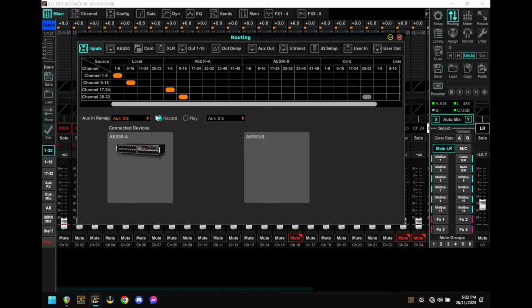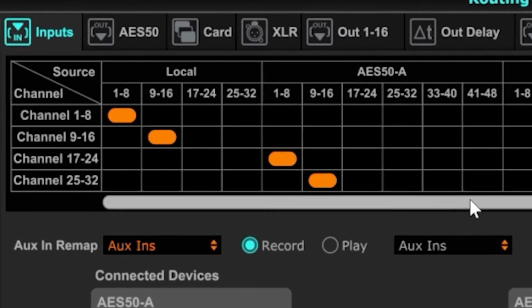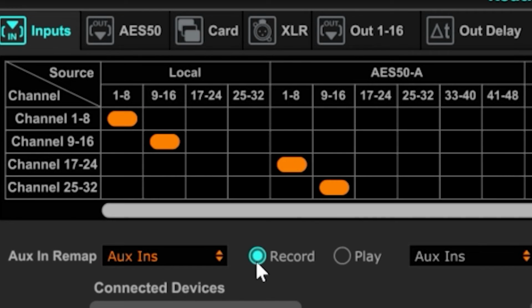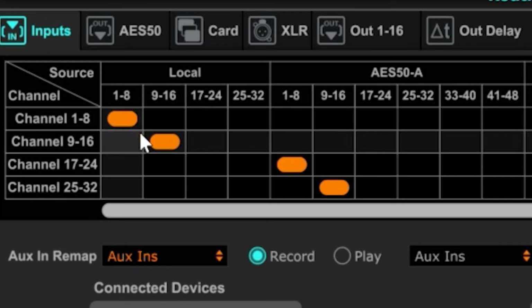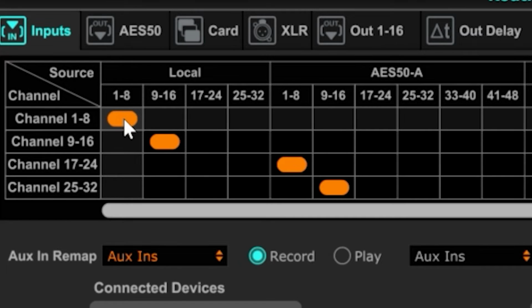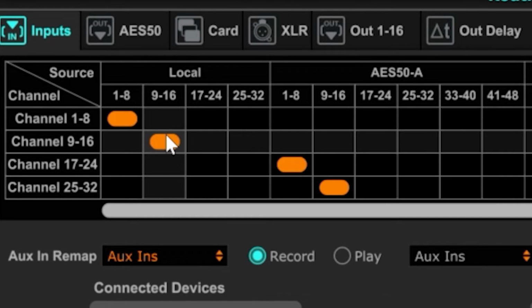Now we're going to use the play feature to play back recorded backing tracks, right? That's the only difference. So on record mode, you'll notice the 4 orange lights above. When I'm using the X32 in record mode, the first 8 channels are coming directly from the X32. So that would be the first 8 things that I plug into it, so guitars, drums, what have you. The next 8 will also be local inputs on the X32.